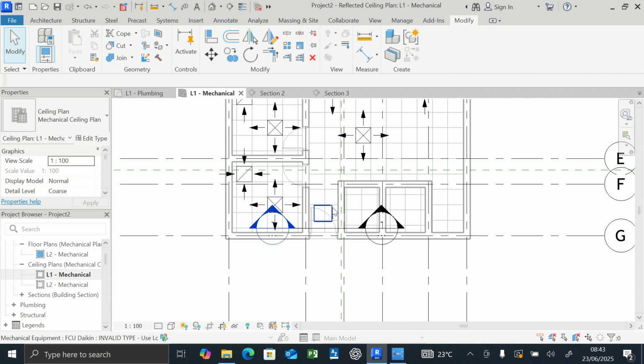And in the next class, we are going to continue by drawing the ducts, the supply ducts to various air terminals. Our aim is to do a free return